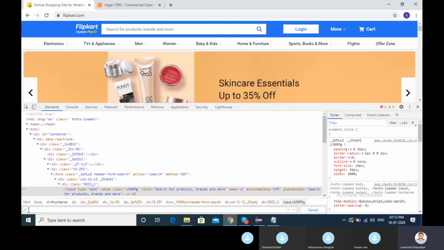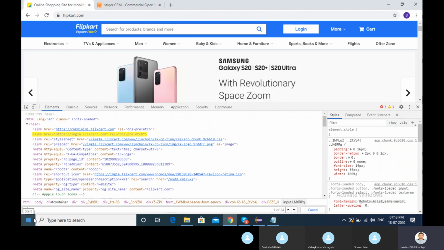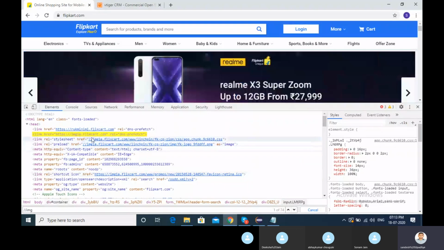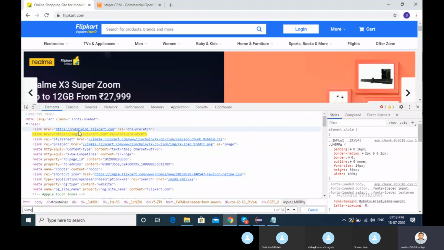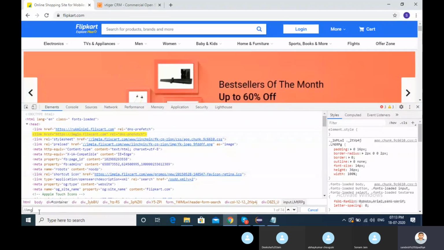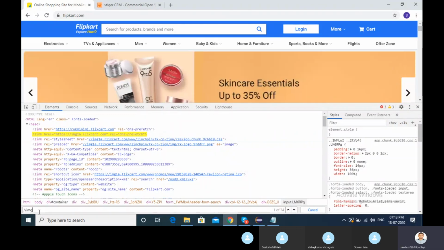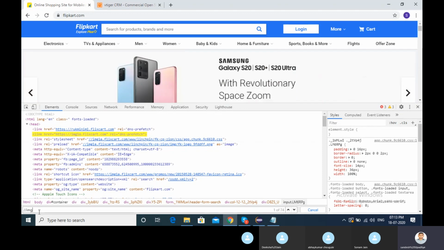And let's say suppose I am taking an example here with a lot of images, right? Suppose I want to find any image, then if you type here directly img, look here, there are 74 images in this page. Not only images, if there is text with img, it will be coming here. So it is searching with image itself, right?